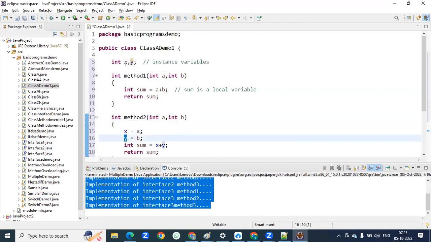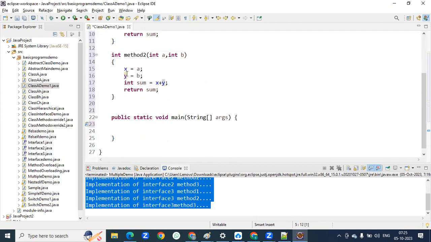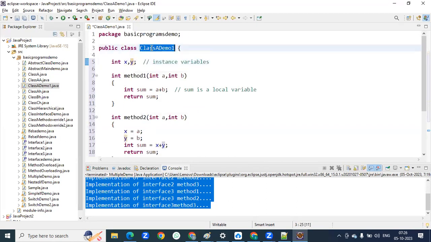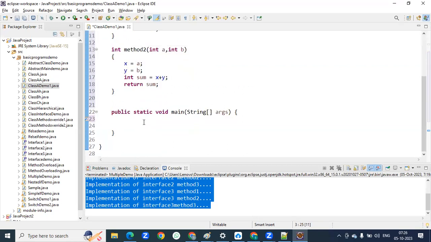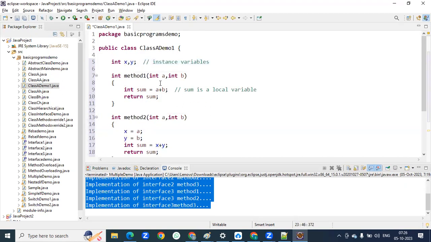So what are these x and y variables? x and y are the instance variables. An instance variable can be used anywhere in the class, either inside the method or outside the method. In this particular class, we can use this. If I am creating an object for this particular class,